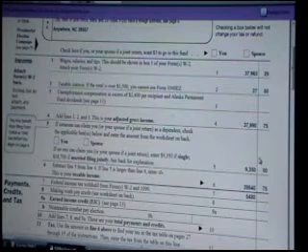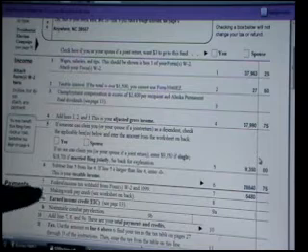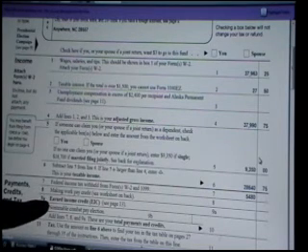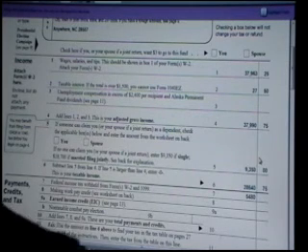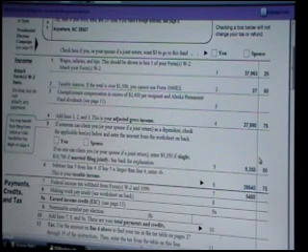On line 8, it says making work pay credit. We don't have to worry about that. We also don't have on line 9 an earned income credit. We don't have non-taxable combat pay. So line 10 says to add lines 7, 8, and 9, and this is your total payments and